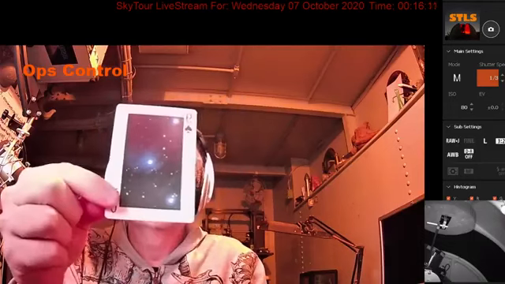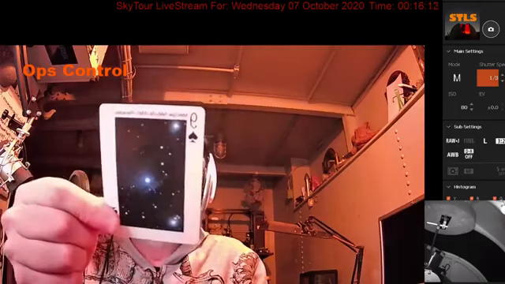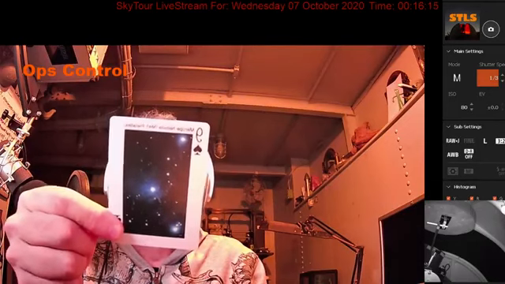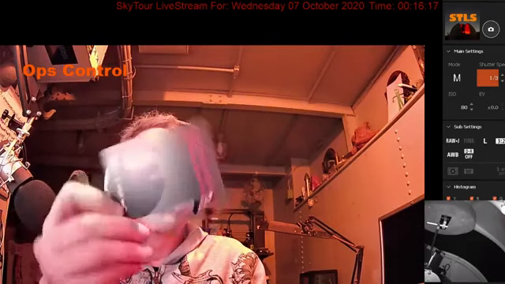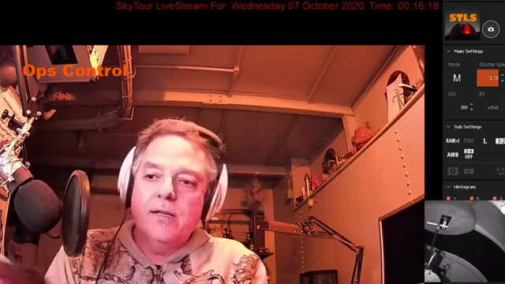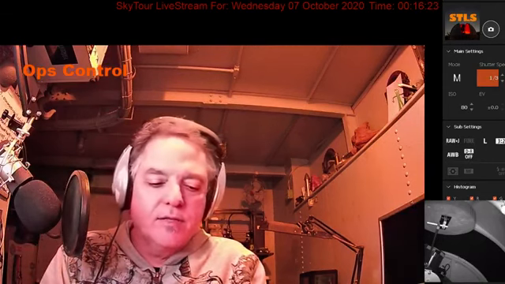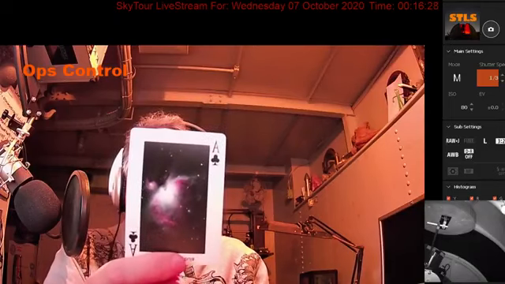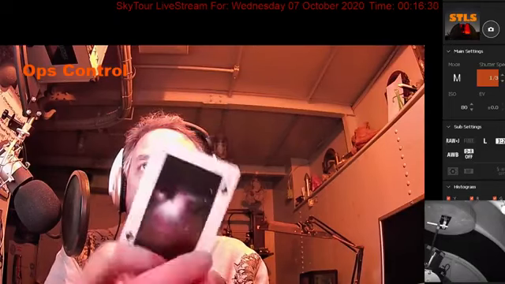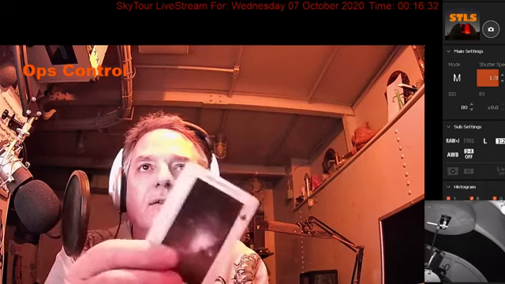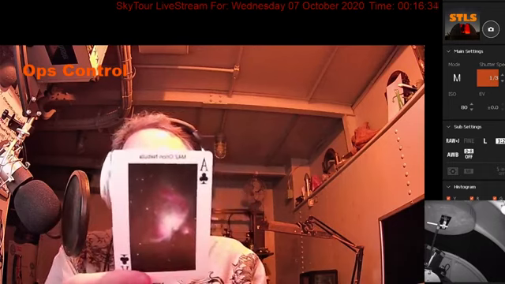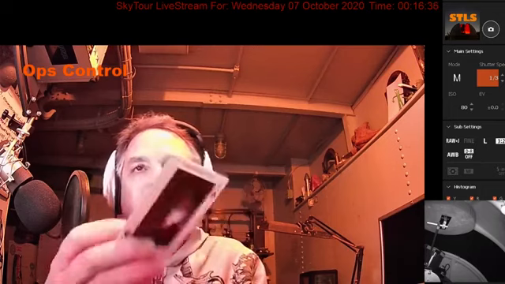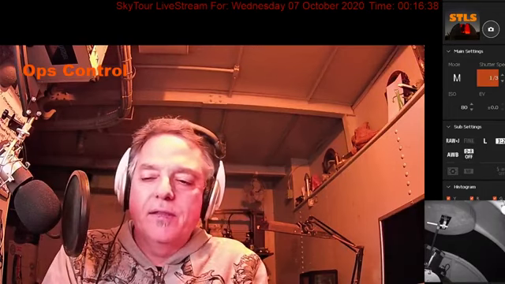All right, and I know that I got to just get it just the right angle. So 9 of Spades is the Merope Nebula, and if you're wondering, the Andromeda Galaxy is in here as well, but the Orion Nebula is the Ace of Clubs. Check it out. Oh, and every card has the name of the object on it. See? So is the cat's eye in there? No, actually the cat's eye is not in here.